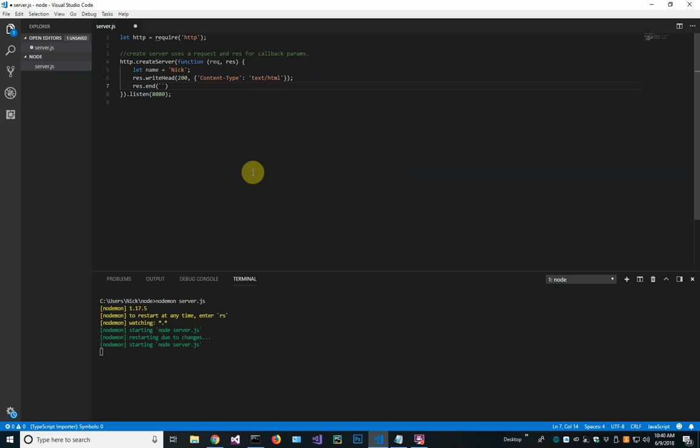So we can say, hey, what's up, dollar sign, curly braces, name, right? Pretty sweet. Oh, saved our file, restarted our node server. Let me pull up